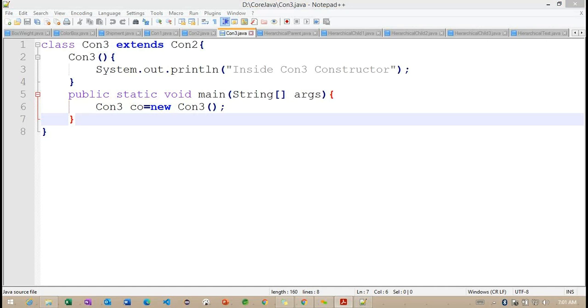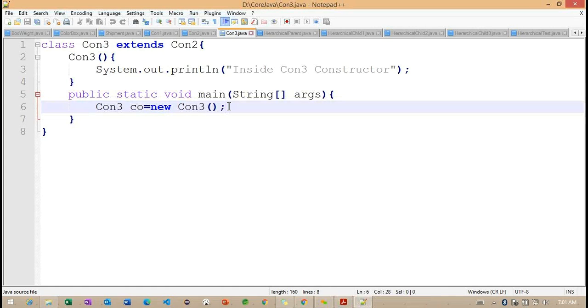Method overriding. So what exactly is method overriding? When a method in the subclass has the same behavior, where behavior means the name of the method as well as the signature of the method, and I define it in the subclass, the superclass method is overridden, meaning the superclass method is hidden. The subclass method we call method overriding. Getting the point?